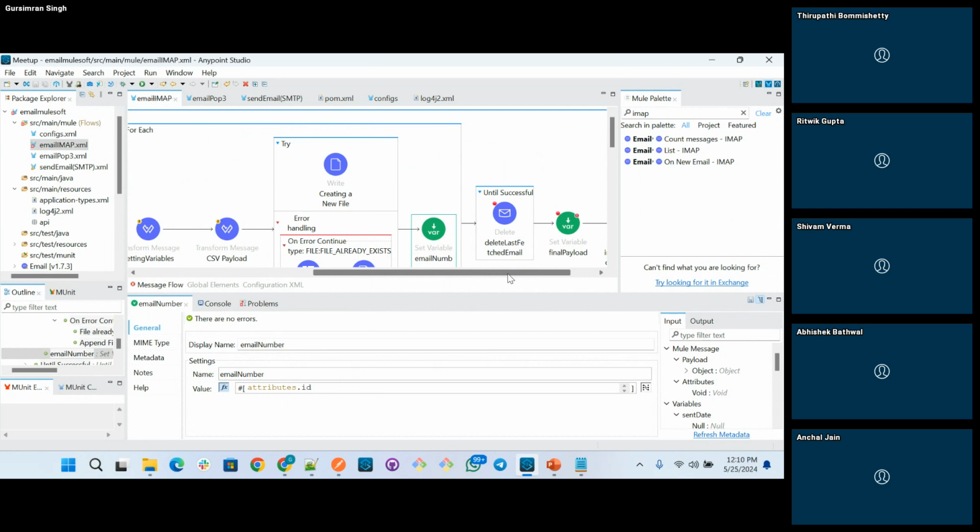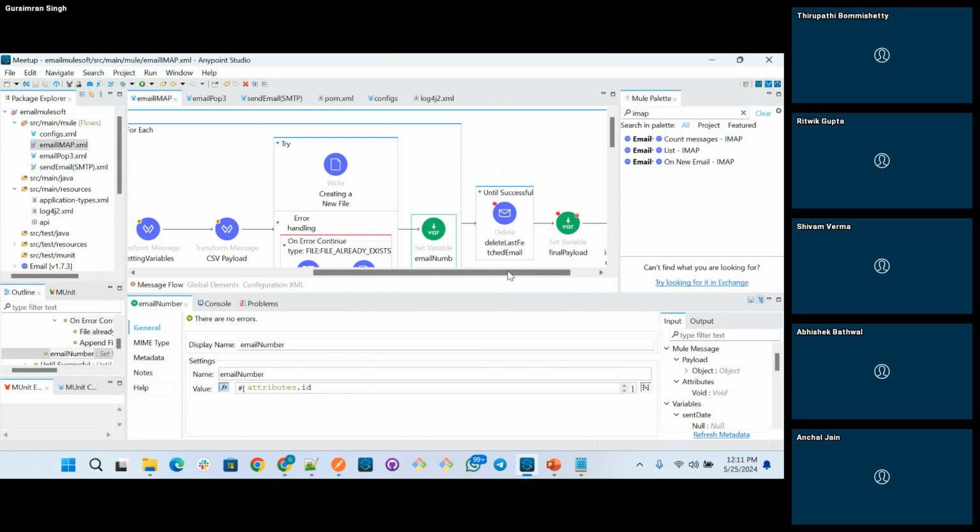Okay, Abhishek, any comments on that? No, it's right. Whatever payload we have before for each, we'll get it after for each as well, because for each doesn't give the payload out, it gives the variable out. Similarly, parallel for each is the reverse. Parallel for each gives the payload out, but doesn't give the variable out.